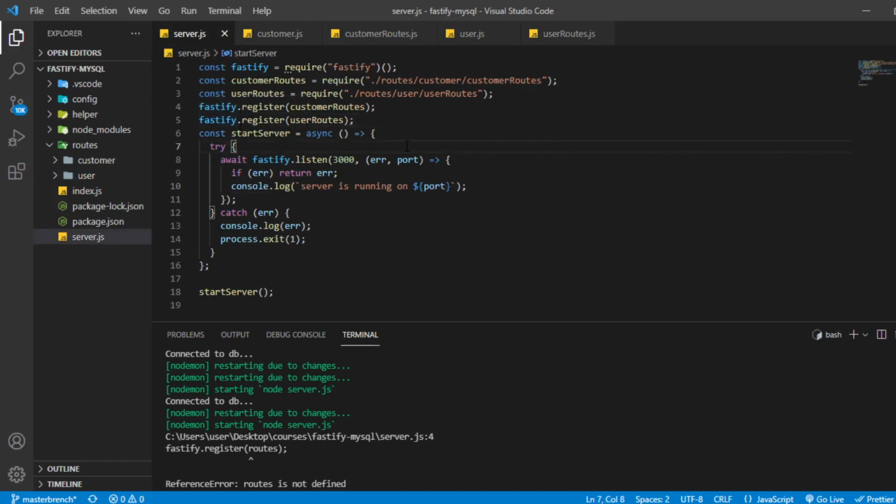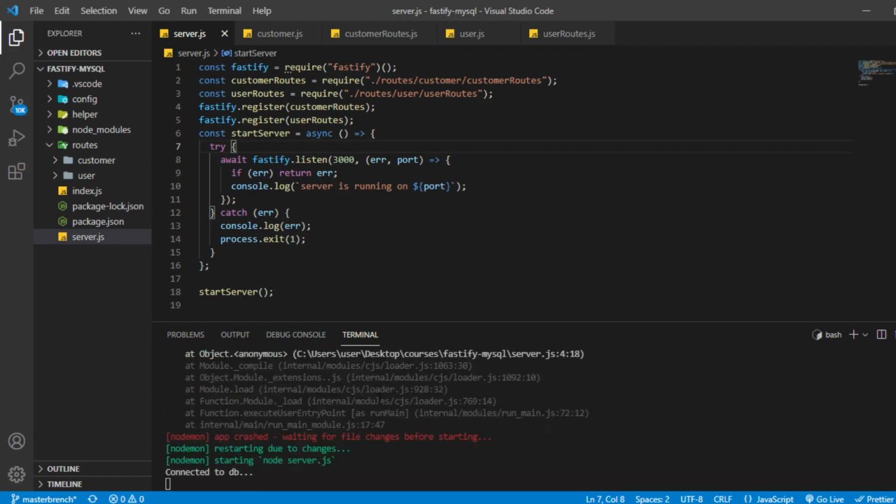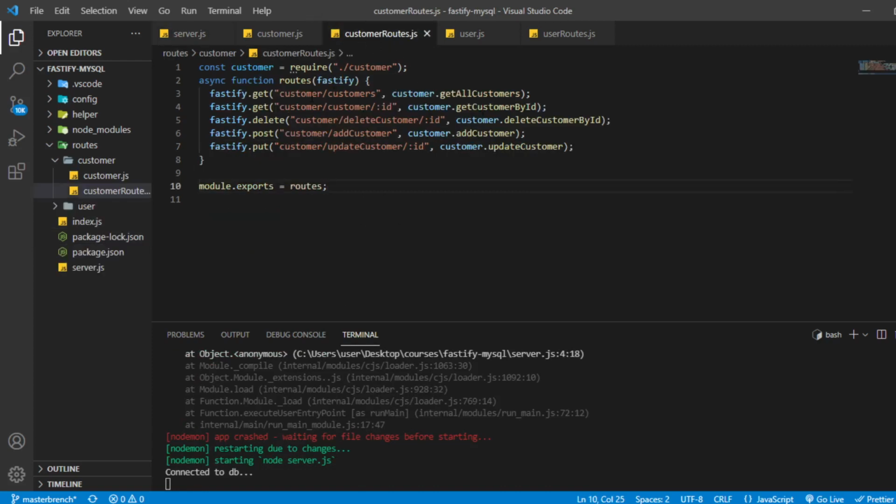It is not working. Why? Let me first check the route. What is the route? Customer slash customer.